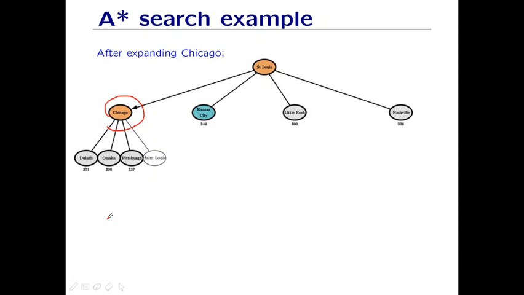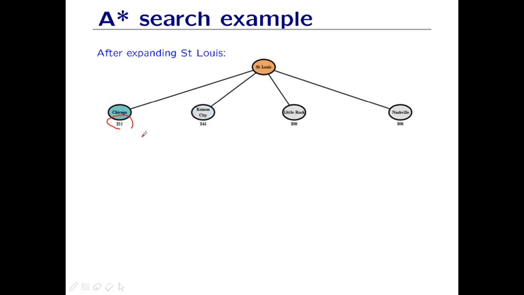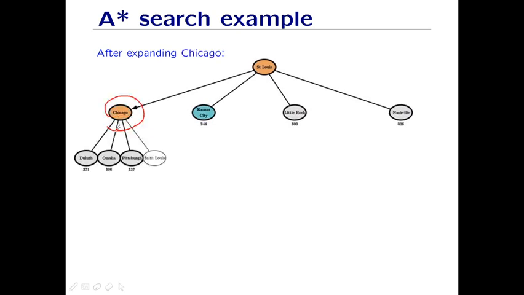But in A* search, you will not do like that. What will you do in A* search? First, you will select the node with the smallest heuristic number, and then you will go to the second node, that is of St. Louis. Then you will expand that. That means this was having 211, you will expand it. After that, you will again check the smallest heuristic number. So 244 is again the smallest heuristic number than these two. So now you're going to expand this one.